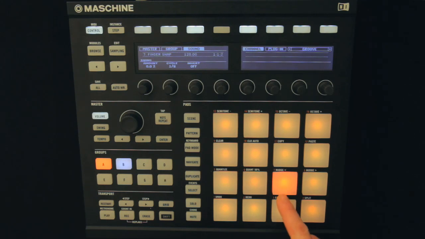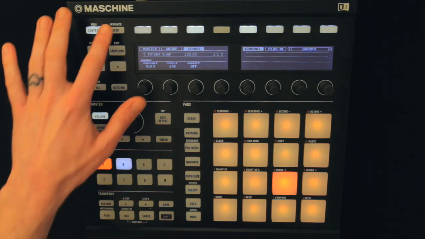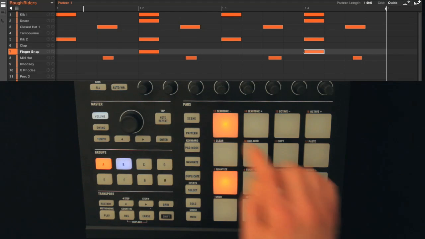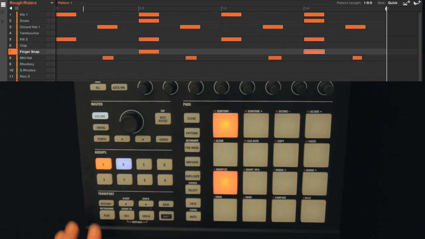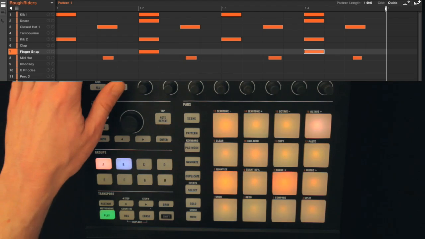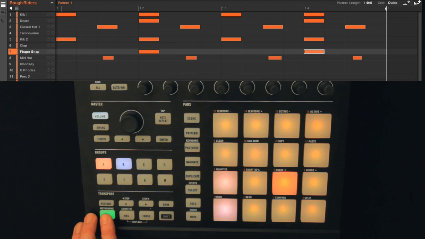using this finger snap on pad 7. So going to step mode, I just add it to beats 2 and 4. But what I want to do is make it just a little bit lazier. So what I'm going to do is go to select mode,